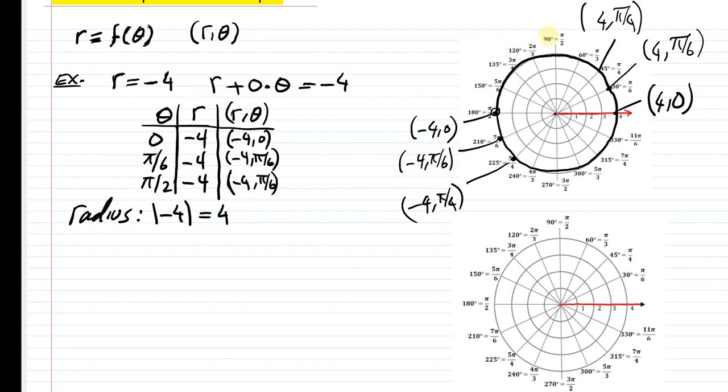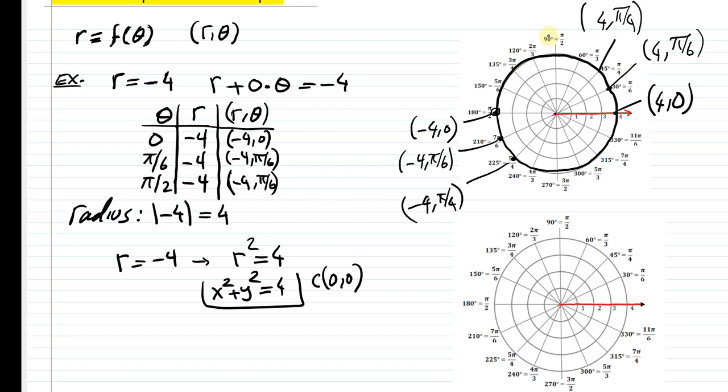Now we can generalize this, and here's another way I could have done this. Remember the relationship between Cartesian and polar form. If r is -4, I can square both sides of this equation. So r squared is 4, and change r squared to x squared plus y squared. And you can see in the Cartesian form that this is the equation of a circle whose center is at 0, 0, and the radius is, r